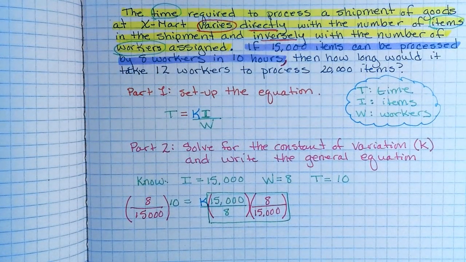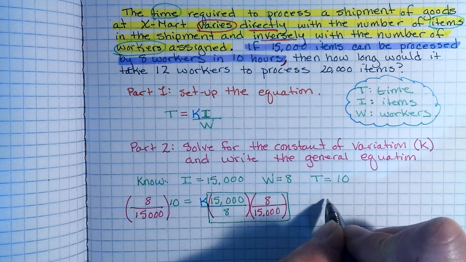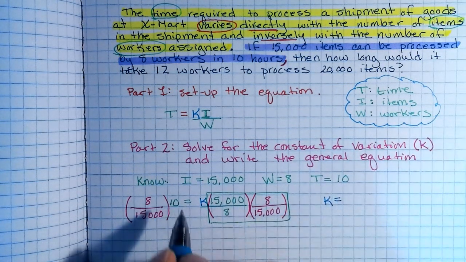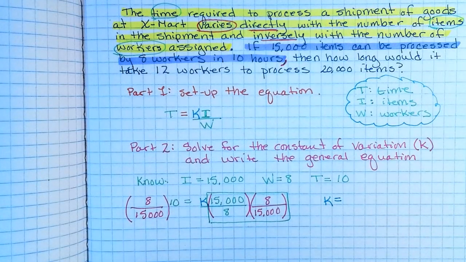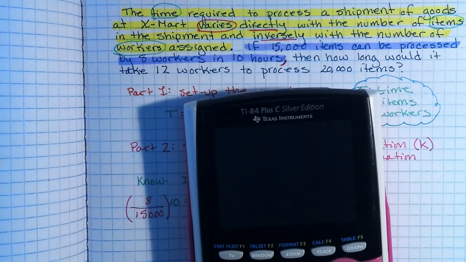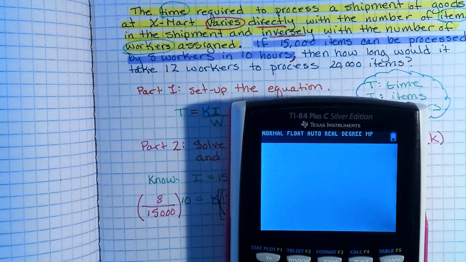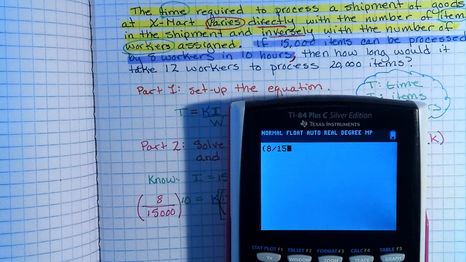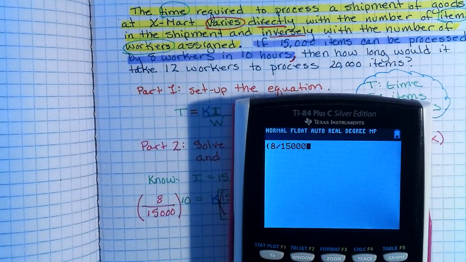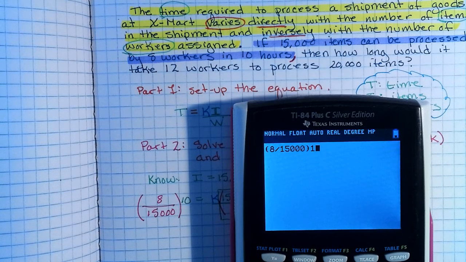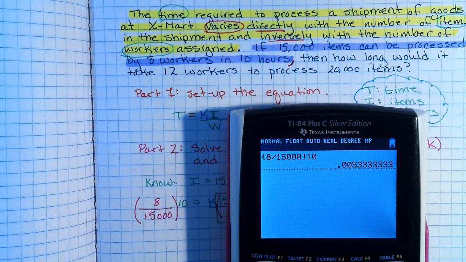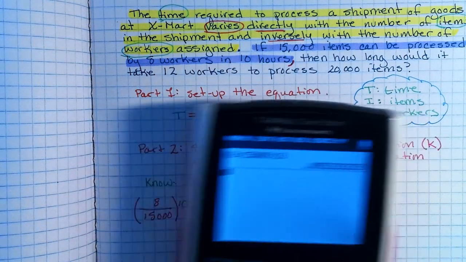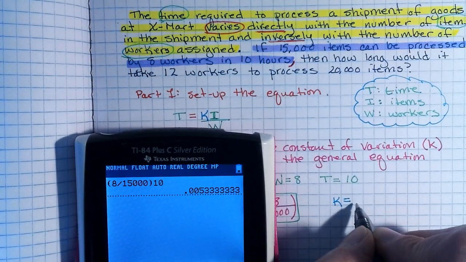So then that's going to leave me with K is equal to, well, let's do this in our calculator. I'm going to do parentheses 8 divided by 15,000, close my parentheses, times 10, and I get 0.0053 repeating. I'm just going to go ahead and approximate my answer and keep the decimal. So K is